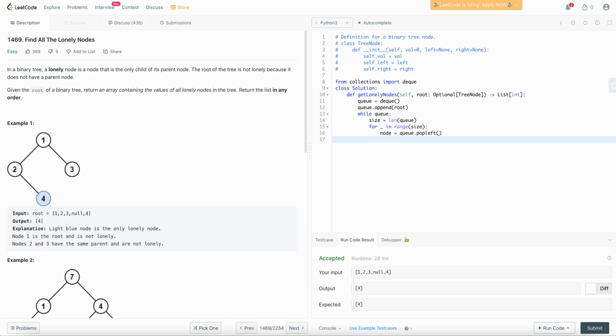So the way you find that is if, for example, the node has a left child but no right child, then you want to return the node.left.val, and so on. If the node has a right child and not a left child, then you want to return node.right.val. So that's what we're gonna write here. If node.left and not node.right.val,